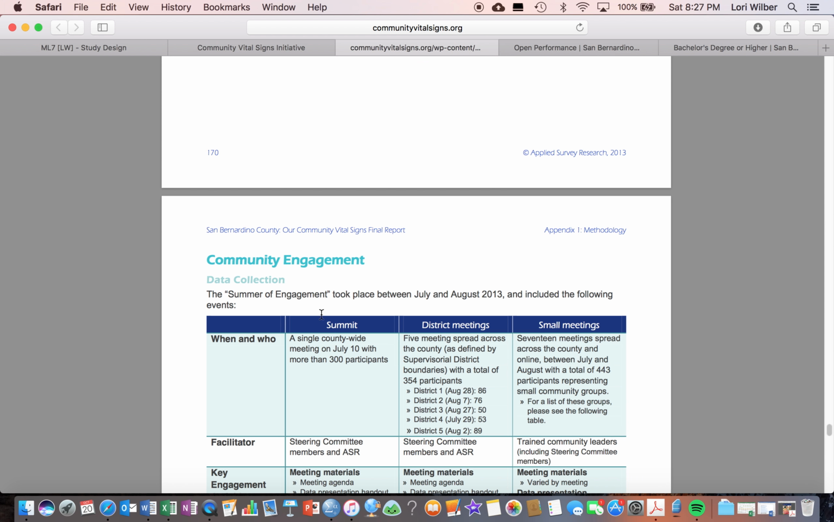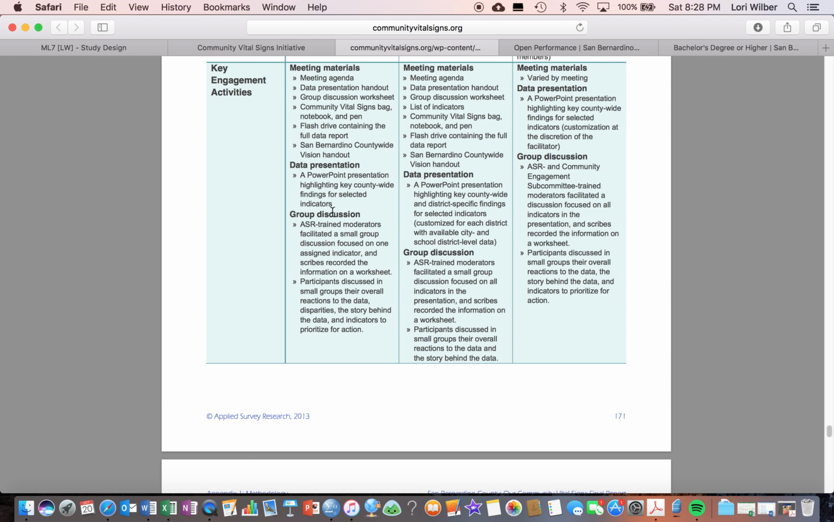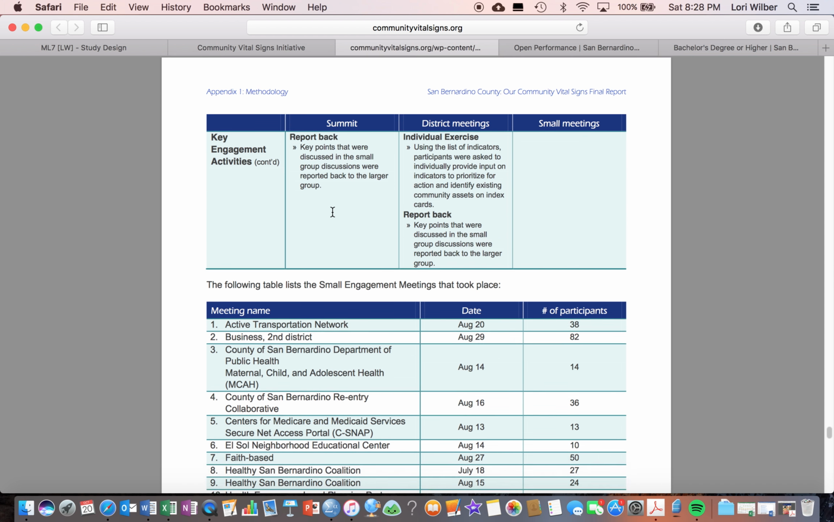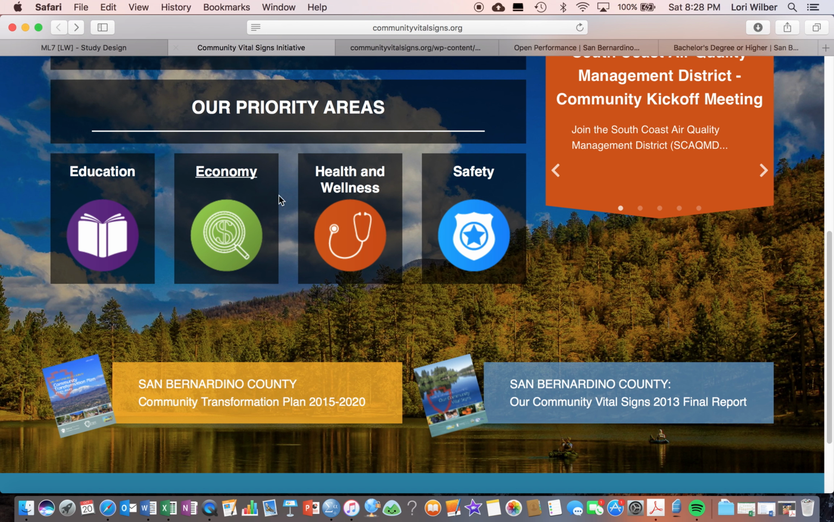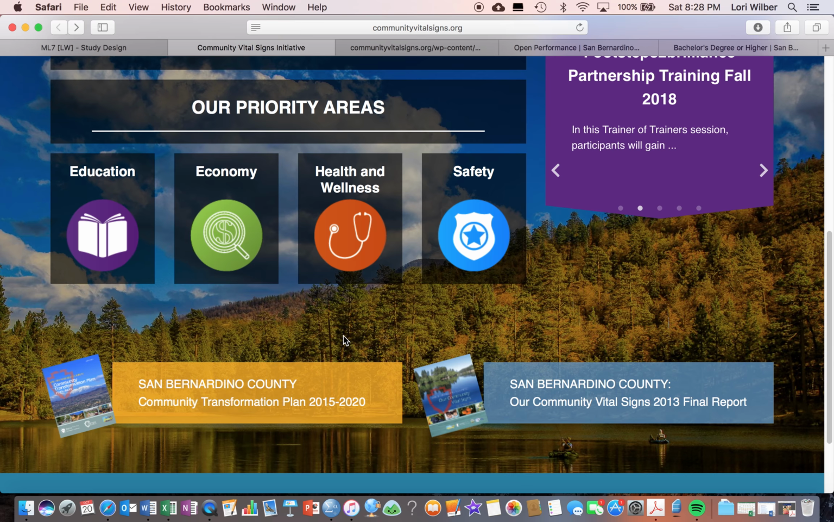And then they also have some information about the community engagement and how they collected data there. So you can see some of the same kinds of things, small meetings, district meetings, summit. That looks a lot like what you're doing with qualitative research methods for your integrated project with Dr. Handysides. So hunt around. Even sometimes on a website that's presenting information, you can find some more details about the methodology. That's often key in terms of